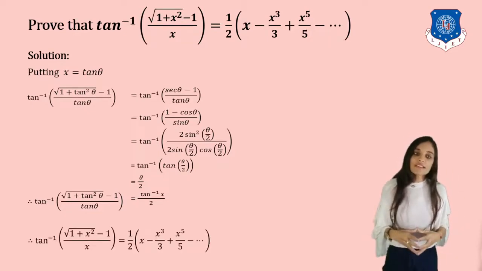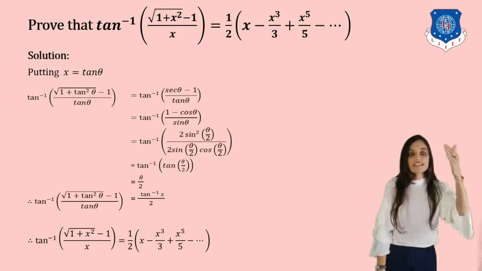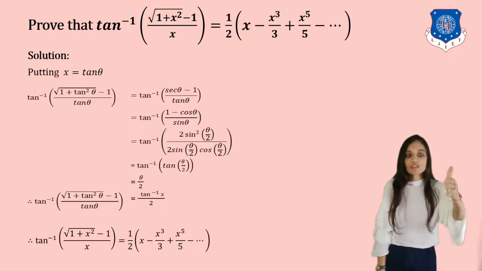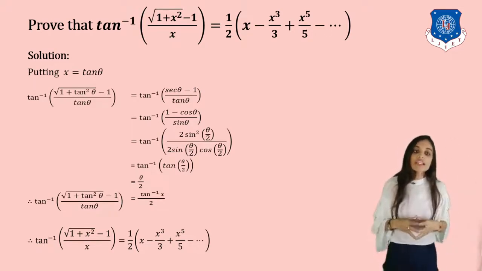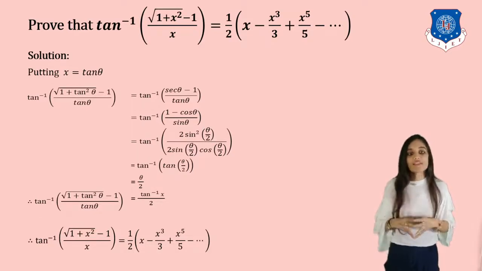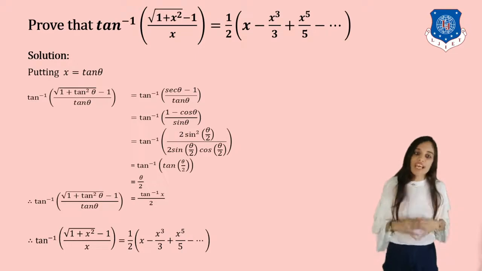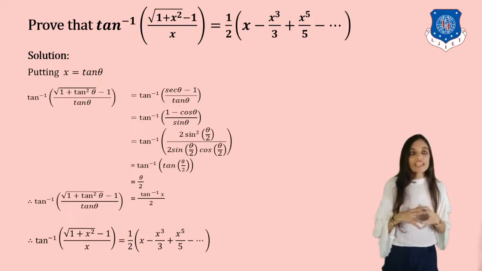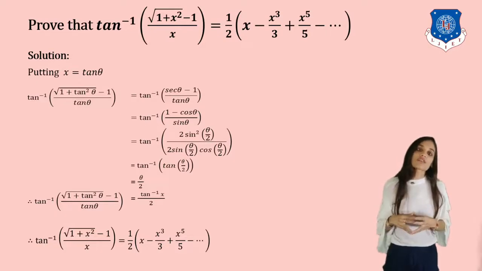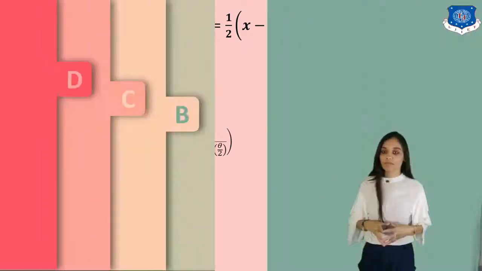Right, now we will replace the series expansion of tan inverse x directly, which is given by 1 upon 2 times tan inverse x series expansion, that is x minus x cube by 3 plus x raised to 5 by 5 and so on. But if you are asked this sum in 7 marks, then you have to prove the whole series expansion of tan inverse x. So in this type of substitution method, on looking at the RHS only, you can assume what you have to substitute while solving the examples.